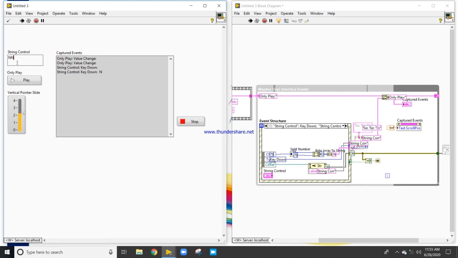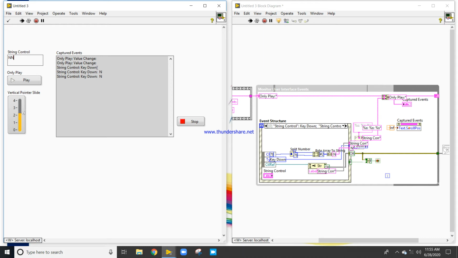First I pressed the caps lock button, that's why it's generating string control key down.